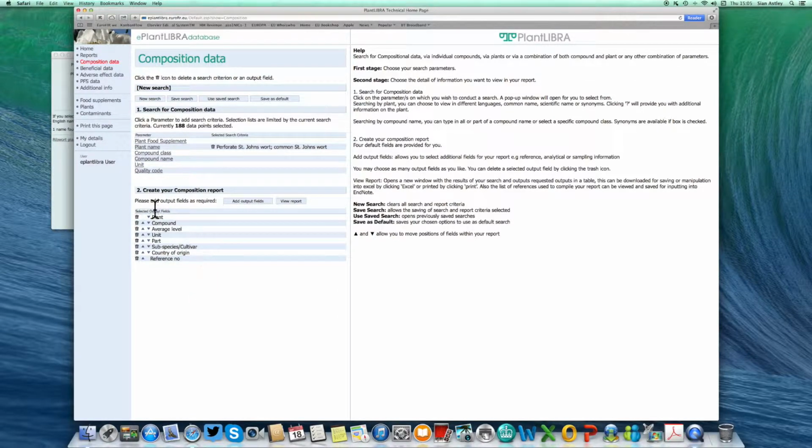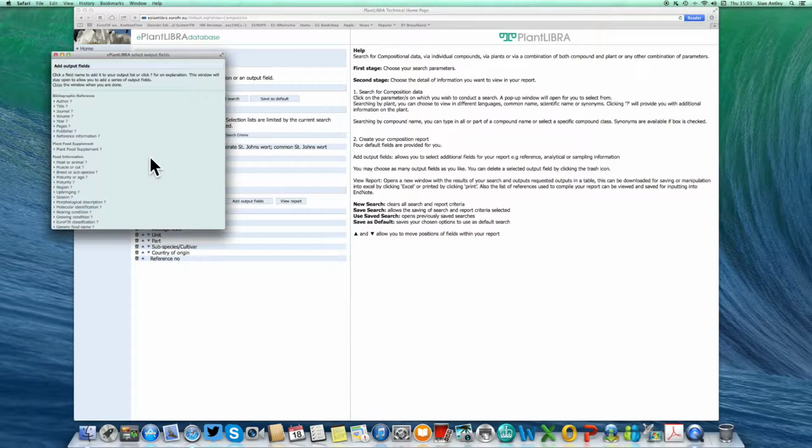Automatically the database has selected a certain combination of output fields, assuming that the user would wish to see the plant, the compound, the levels and the cultivar. I can choose additional output fields by clicking here, and all these fields are the ones that the evaluator has included. So I can also include, I would like to know more about